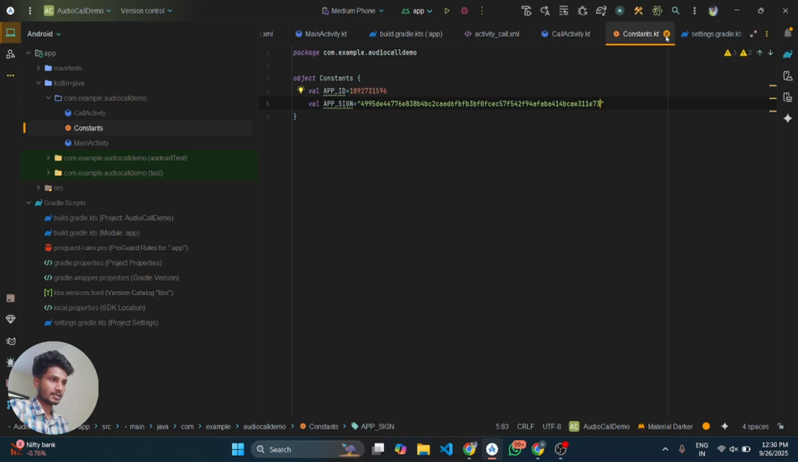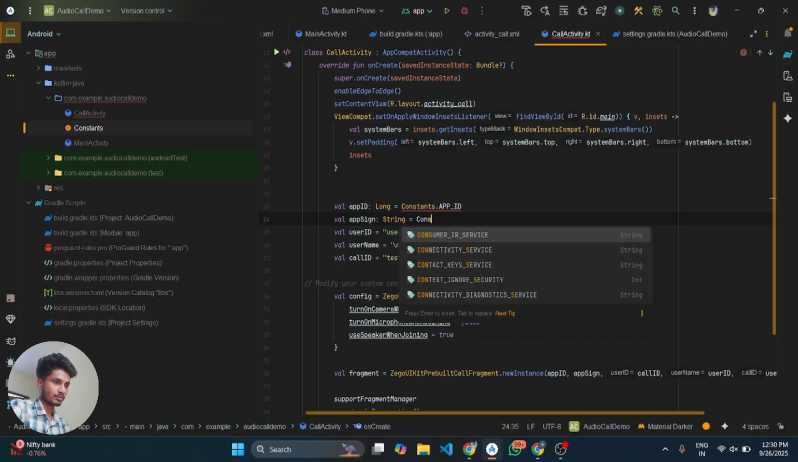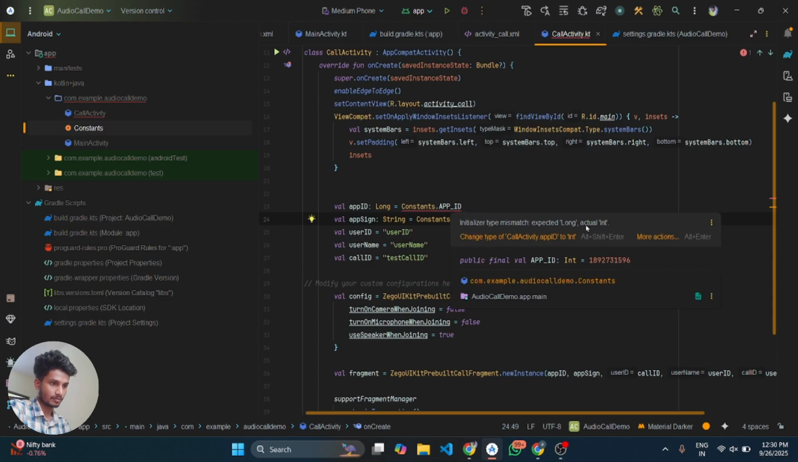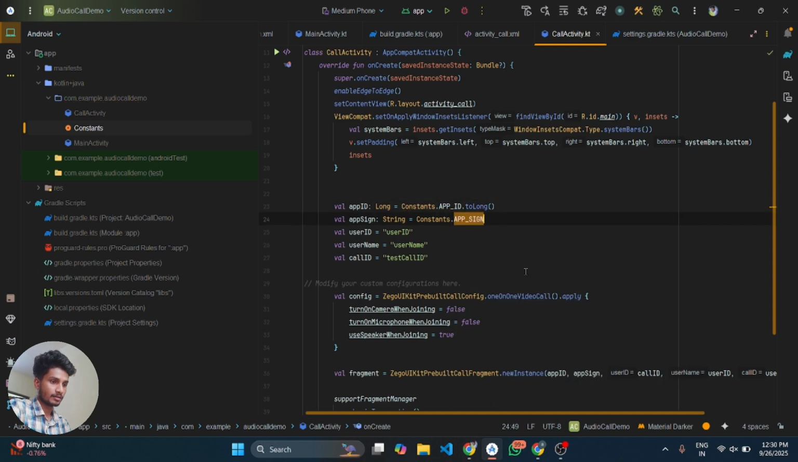Now that's it. I have pasted in my constant class, and here I can directly access this app ID and constant.appSign, and here it is saying expected long but actually int, so we need to convert it to long. And here we go,